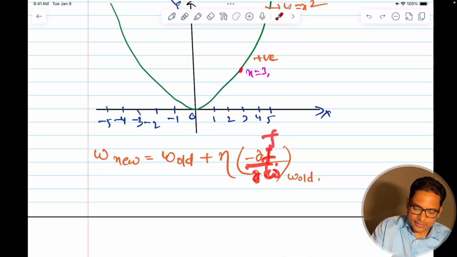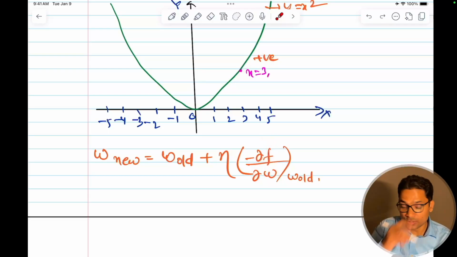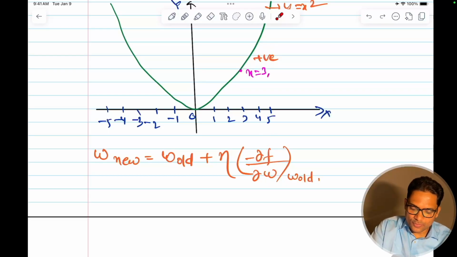At this point the rate of change of weight is positive here, so net I will move in this direction. I'll move in this direction, it will be negative because the slope is positive, so the net will be negative. I'll move towards here. Similarly, if I am at some point here, like -3,